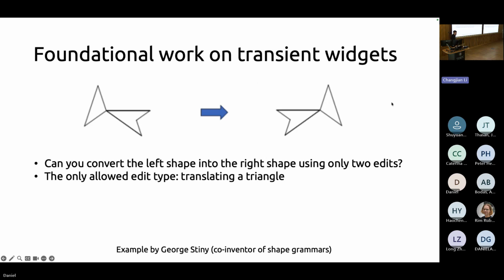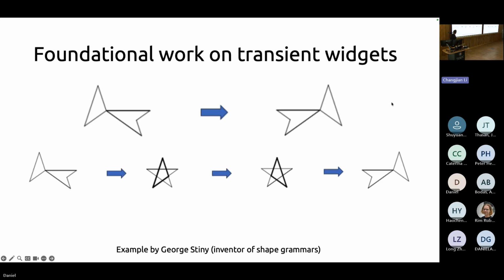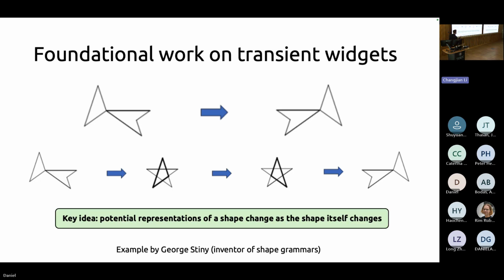And the trick is to shift this triangle over until you get the star shape, and to recognize that in this particular configuration, this new triangle now exists, and now you can move this thing off to the side. And so the key idea here is that the potential representations of a shape change as the shape itself changes. And if the potential representations change, then the stuff you can do with that representation might also change. So certain manipulations are very, very context specific to what that shape actually looks like.